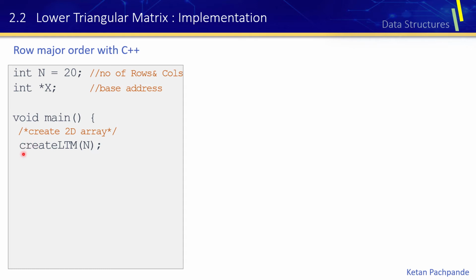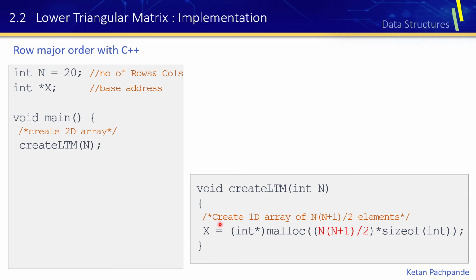So let me first create the lower triangular matrix. I write a function here, create lower triangular matrix, and I pass the number of rows and columns present in the lower triangular matrix. So let me write this separate function here. First, I'm going to calculate the size of the lower triangular matrix. As we said in the previous numerical, if I put 4 into 5 divided by 2, it is 10. So actually I want to allocate the memory for these many elements. And as I'm going to do the dynamic memory allocation, I have to provide the actual number of bytes to be allocated. So I simply multiply by the size of each element.